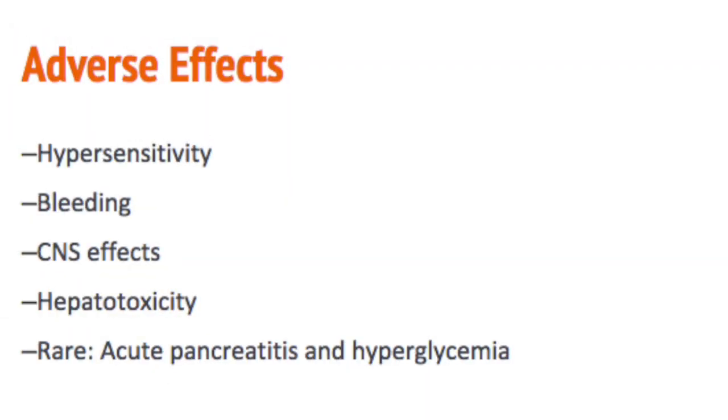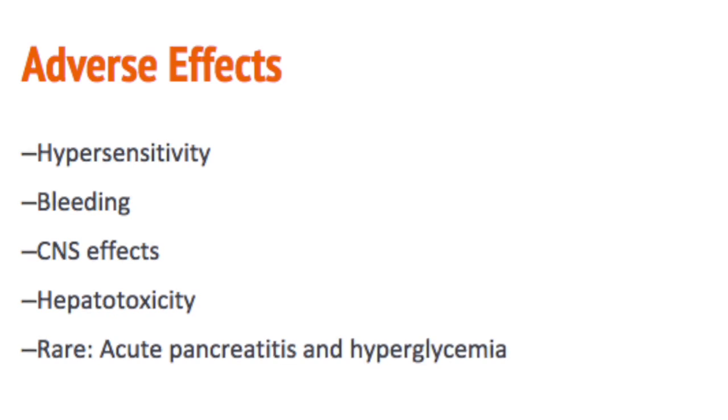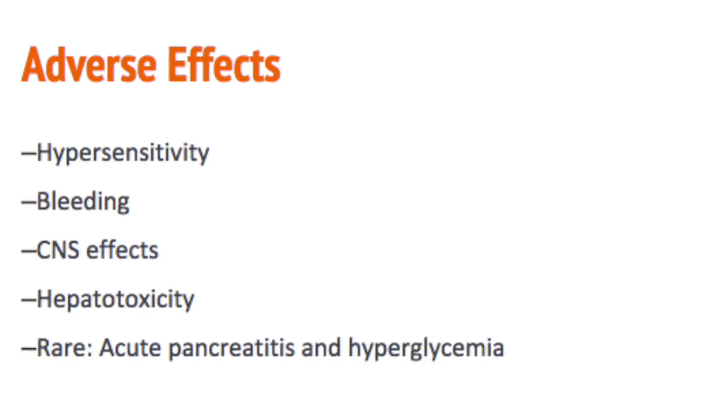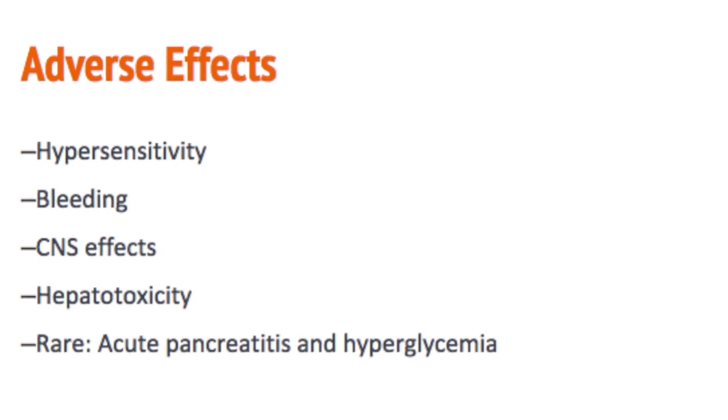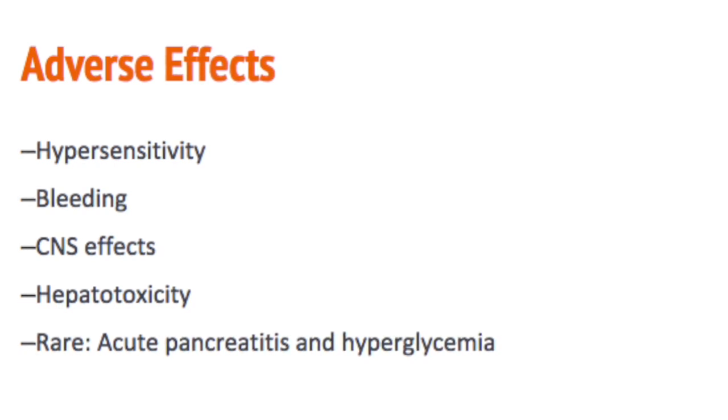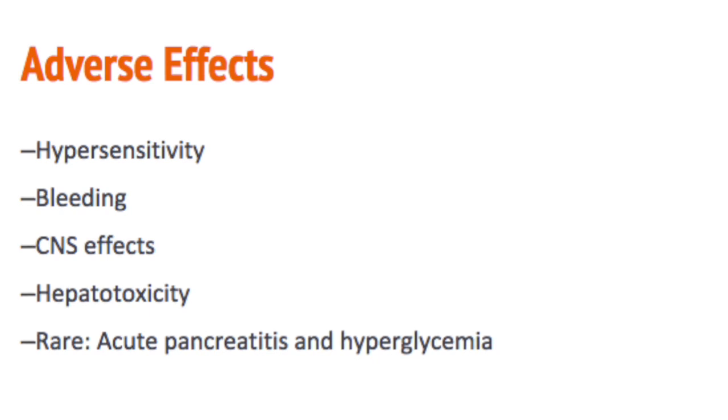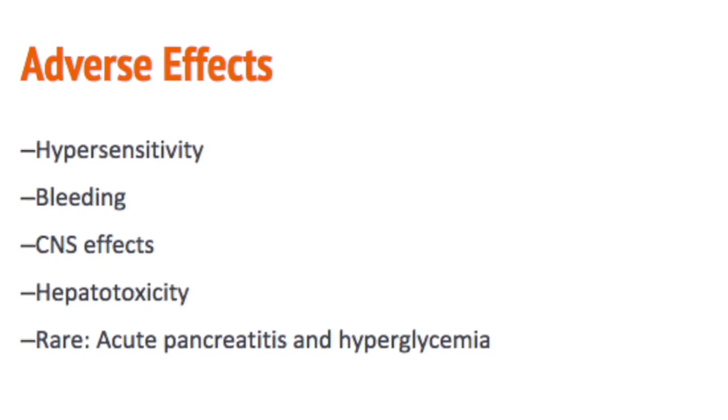One of the adverse effects is hypersensitivity. This can be caused by a foreign protein producing an immunological effect. This can range from localized erythema to systemic anaphylaxis. Another adverse effect is bleeding. Asparaginase decreases the synthesis of many plasma proteins such as fibrinogen, plasminogen, antithrombin 3, and proteins C and S due to the depletion of asparagine. This can lead to thrombotic effects such as strokes and seizures.